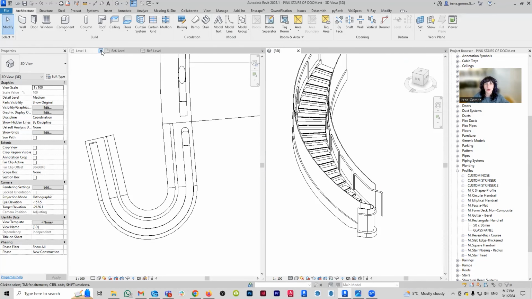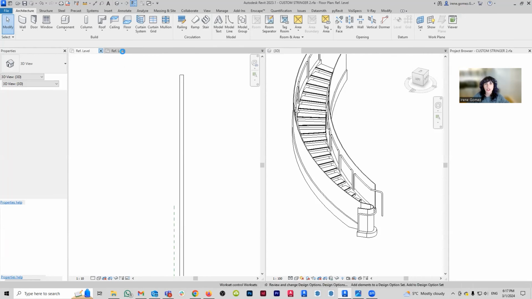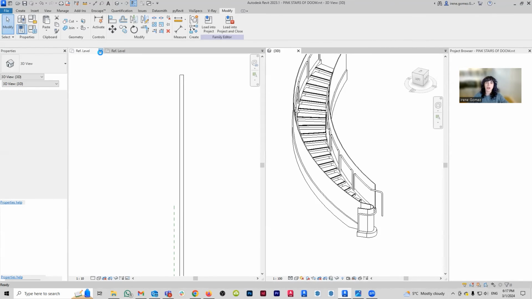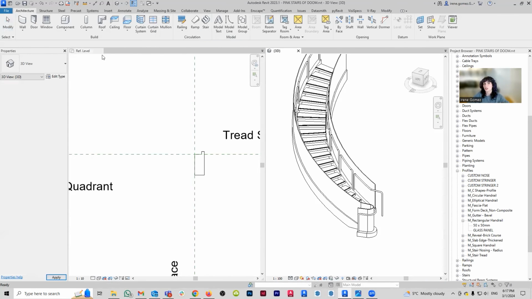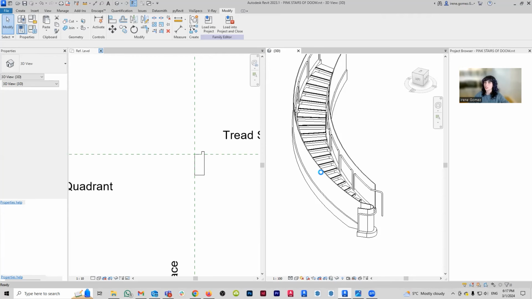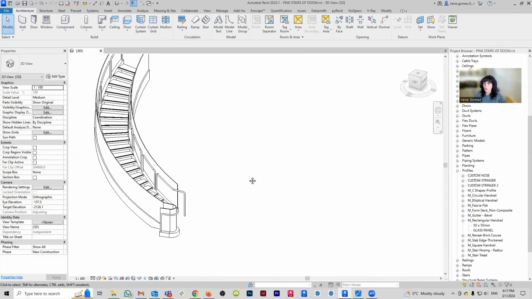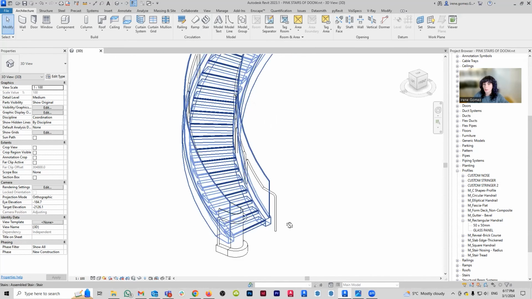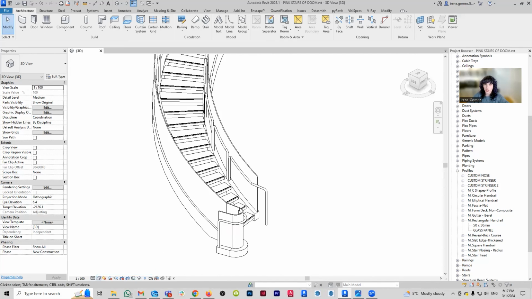And now to finish up, I want to address one final thing, which is the materials, because so far I have not really been concerned with applying materials to any of these elements. And the thing is that in Revit, the way that we apply materials is very different if you're working with profiles or if you're working with actual objects. So if I come here and I change this guy to realistic, there's going to be a couple different ways to apply materials.